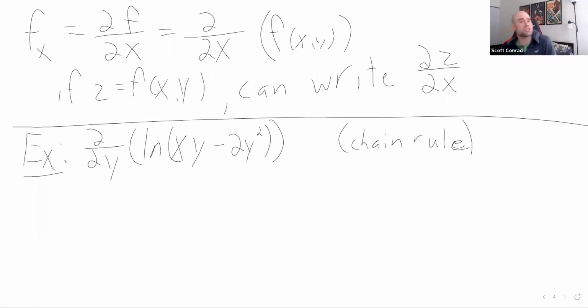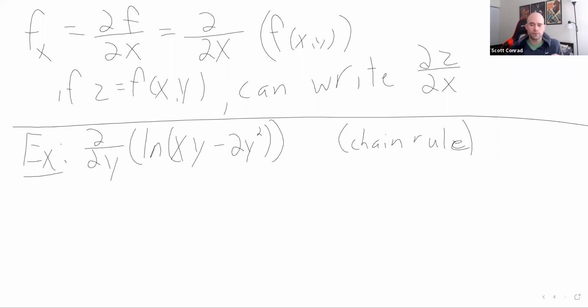So we're going to need to use the chain rule here, but we're going to do the same thing we said before. We're taking the partial with respect to y, so we're treating x as a constant. Now it's just a function of y, and then we're going to differentiate as usual with respect to y. Okay. So it's a chain rule, right? It's the natural log of some stuff inside,